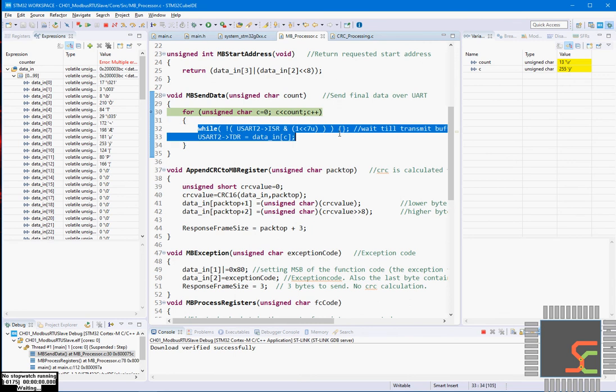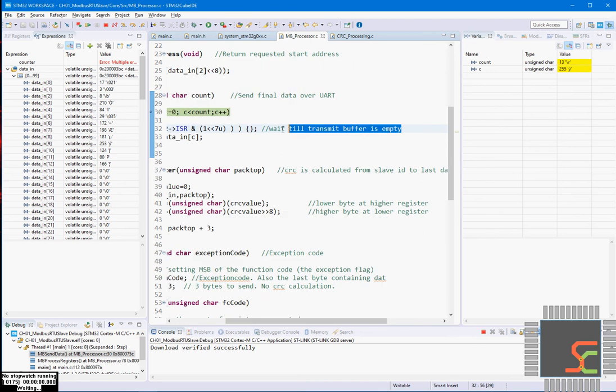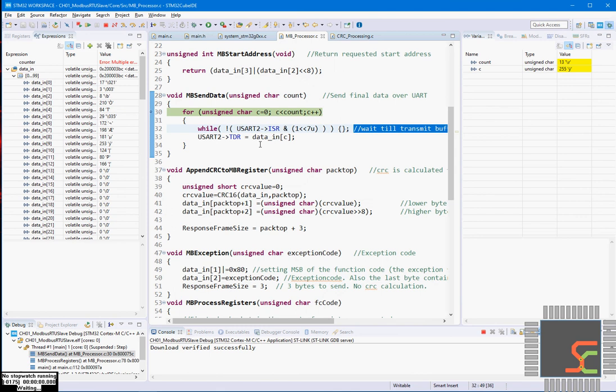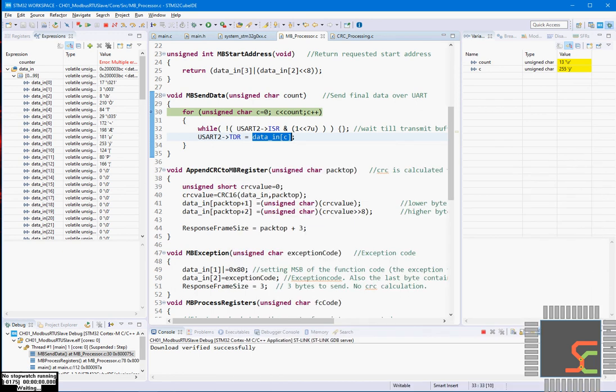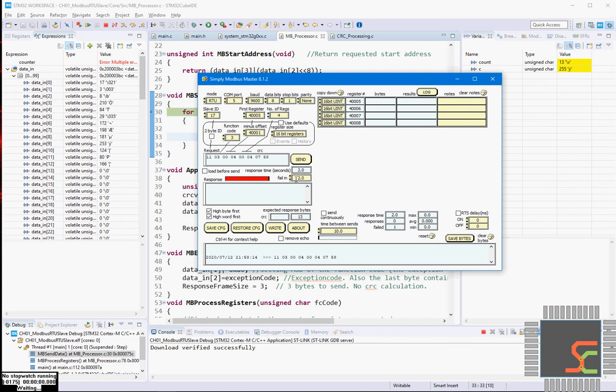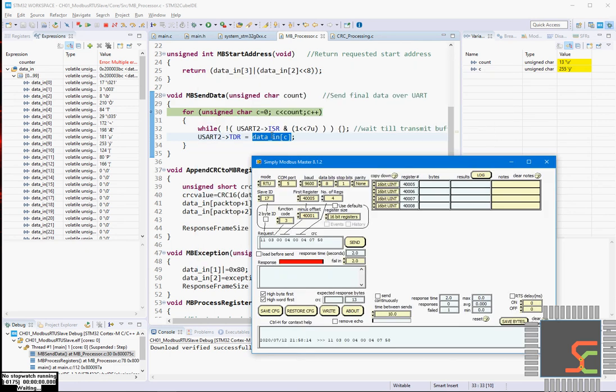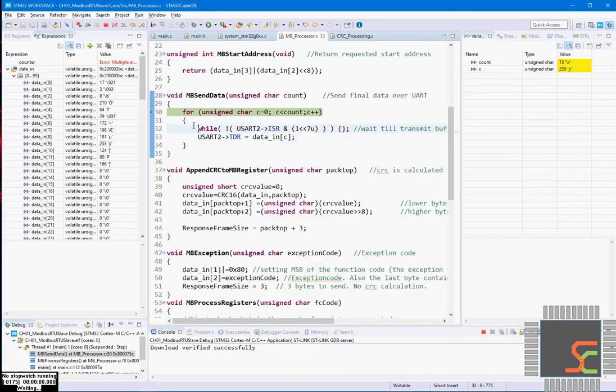Here we are checking whether the transmit buffer is empty, and once that is empty we are putting our value into the buffer. Once we put it into the buffer, the master, since this is connected, it will take the value. Now we will not really go into this function, because now the master is not expecting data, it has already timed out, so it is not expecting the data. So even if I send, it will be in the buffer, but it will not be received by the Modbus master. So we will continuously get stuck at this while loop only.